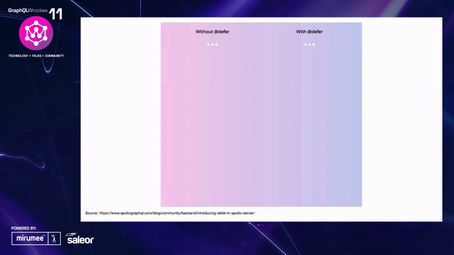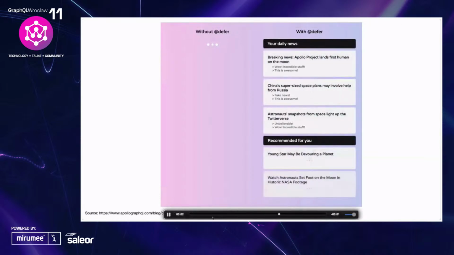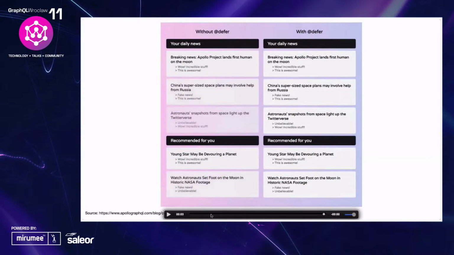Here's a quick example of what a page that uses defer and stream looks like. You can see on the right side that the deferred parts of the data are loaded whenever they're ready, while the non-deferred parts load first.